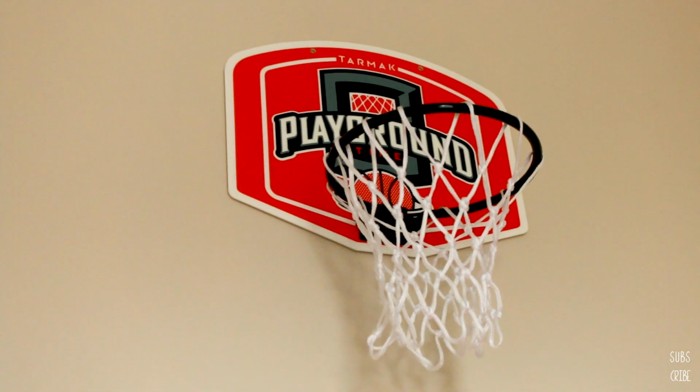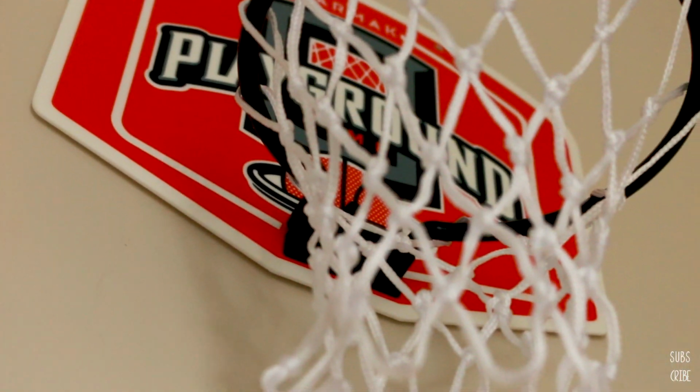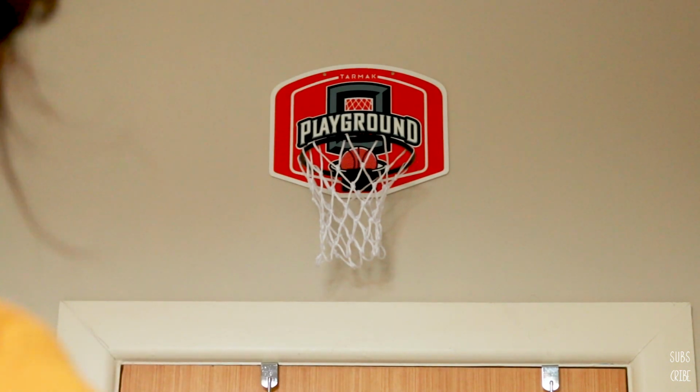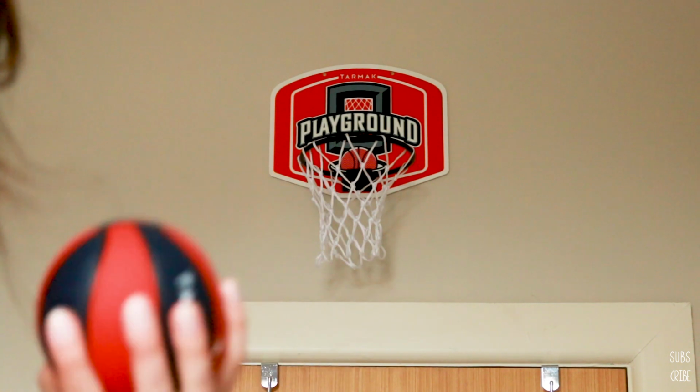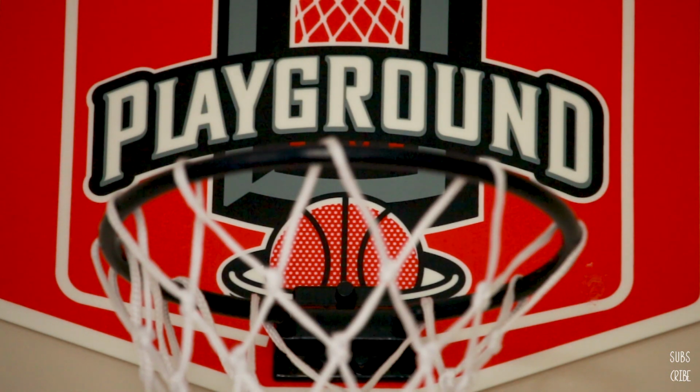And then yeah, up here we have our little basketball hoop, which is always really good fun when people are over, or when we want to stretch during the day a tiny bit, or when you're looking for inspiration. It's always a good idea to throw a ball. And then here